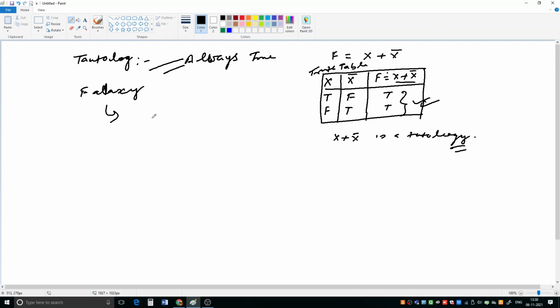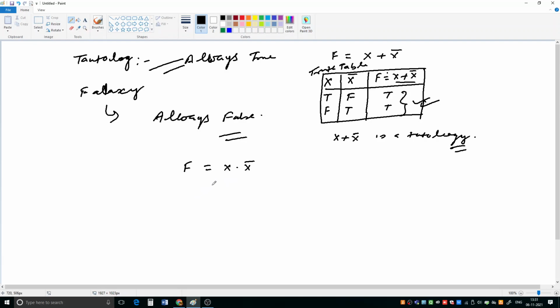Then next we have to see fallacy. Fallacy is just the opposite. It will always give false. So let us take one expression, for example f equal to x dot x bar, meaning x dot x naught.